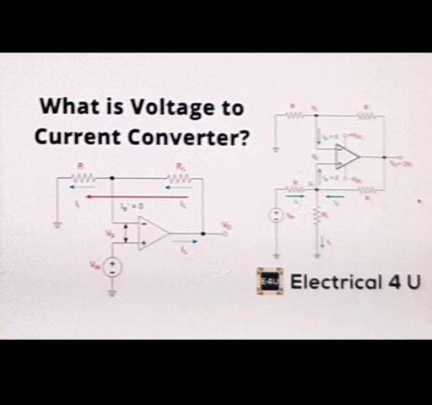In the floating load voltage converter, as mentioned, the load resistor is floating in the converter circuit, that is the resistor RL is not linked to the ground. The voltage V in is the input voltage given to the non-inverting input terminal, and the ground level circuit, this is the V to I converter, is also known as the Howland current converter. Here one end of the load is always grounded. For the circuit analysis, we have first to determine the voltage V in and then the relationship between the input voltage and current. Then the second one is the current to voltage converter.